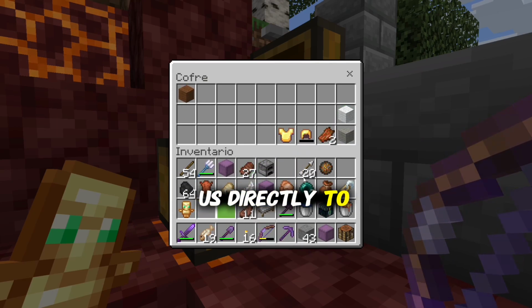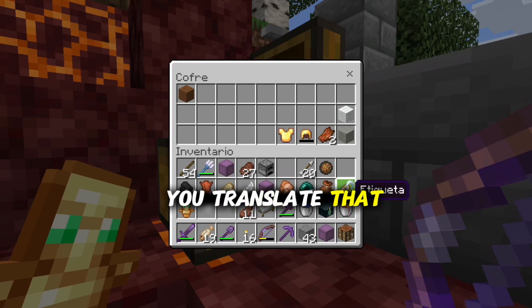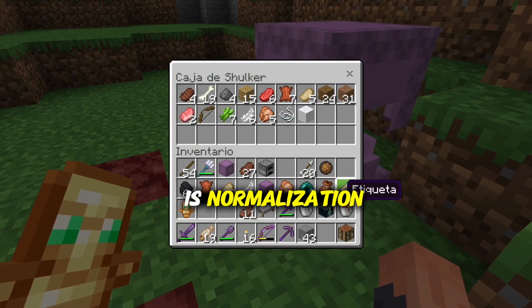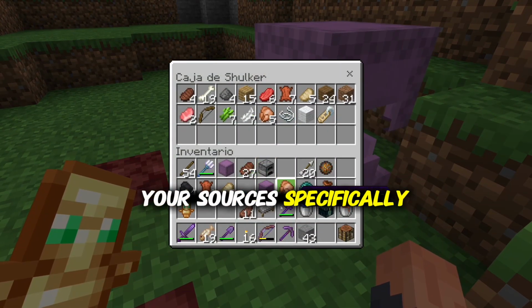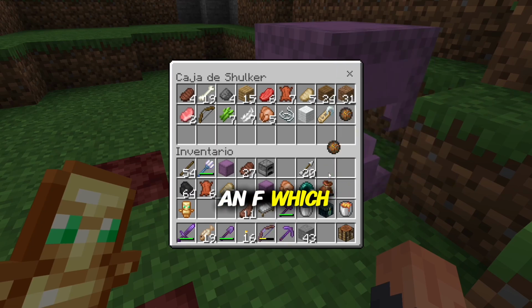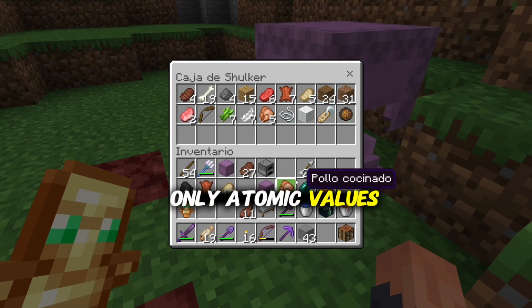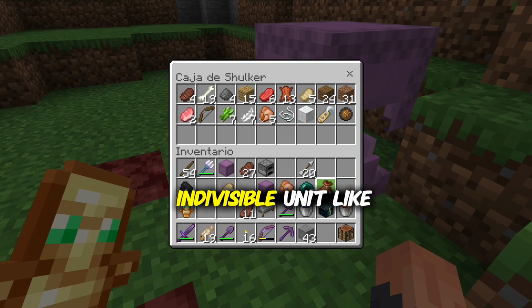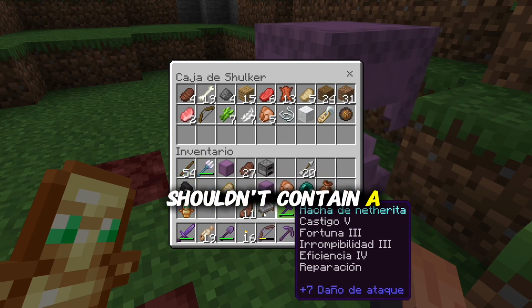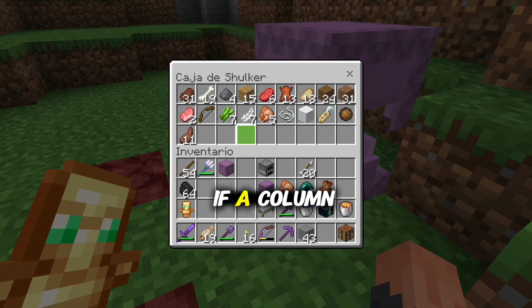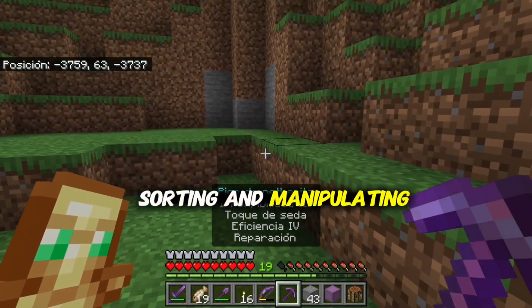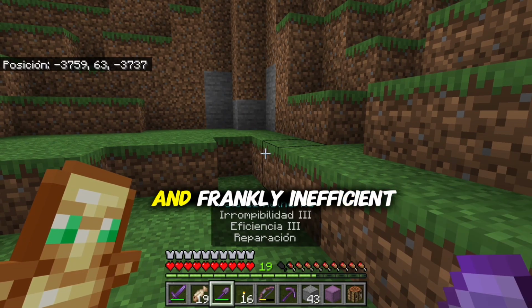And that leads us directly to the physical database design. Exactly. This is where you translate that logical model into the actual database structure on a specific DBMS. And a core technical process here is normalization. Your sources specifically mention first normal form, 1NF, which dictates that all underlying domains contain only atomic values. Okay, atomic value. So what does that technically mean? Is it like each piece of data is a single indivisible unit? Like a cell in a spreadsheet shouldn't contain a comma-separated list? Precisely, yeah. If a column contains a list or a group of values, it violates 1NF. The technical problem this solves is that querying, sorting, and manipulating that kind of data becomes incredibly difficult and, frankly,